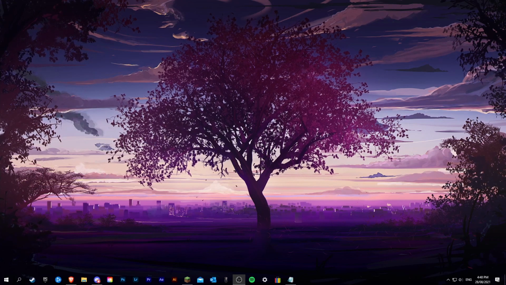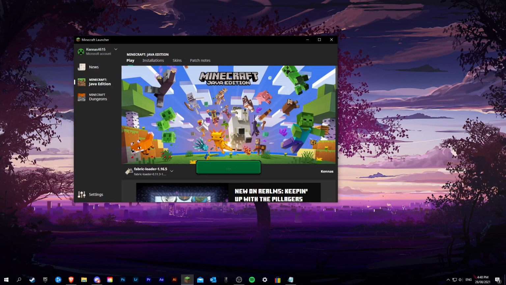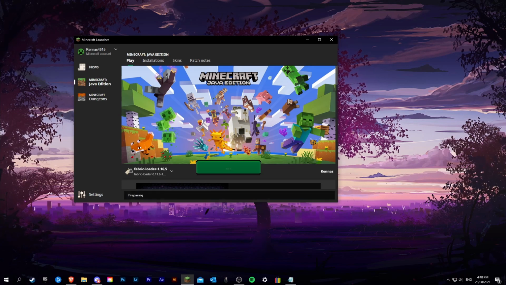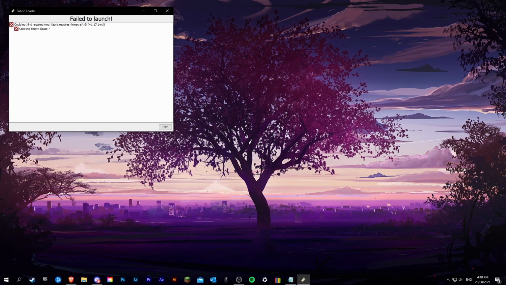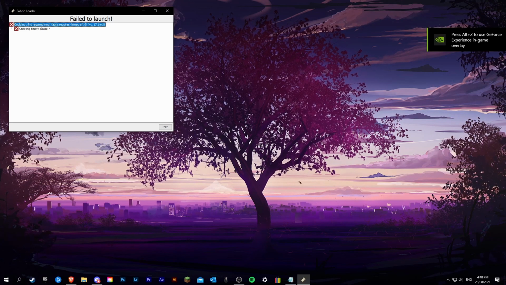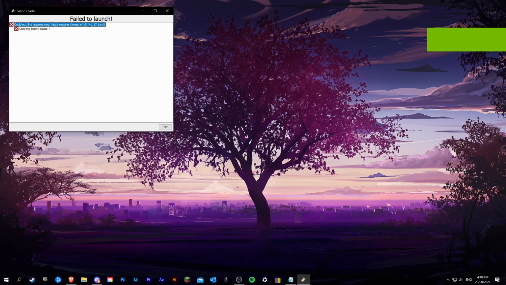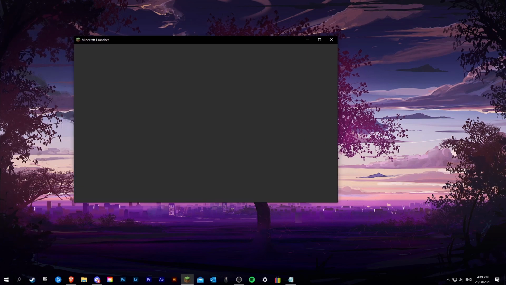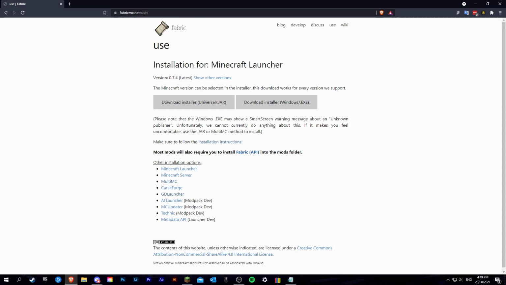The first error we're going to be looking into is the Fabric loader not being updated to support any mods you may have installed. As you can see, if I just open up my Minecraft, it says Fabric requires Minecraft 1.17.1. This refers to Fabric API, as I've installed the Fabric API mod for 1.17.1, but I have not updated the launcher. If I just go to exit, just close that, then I can open up